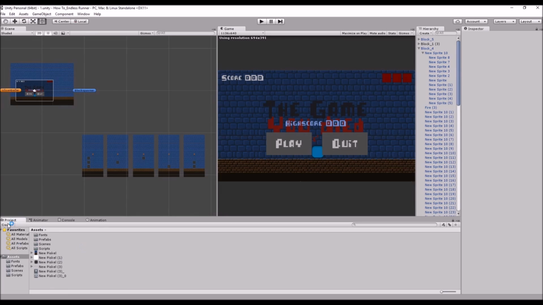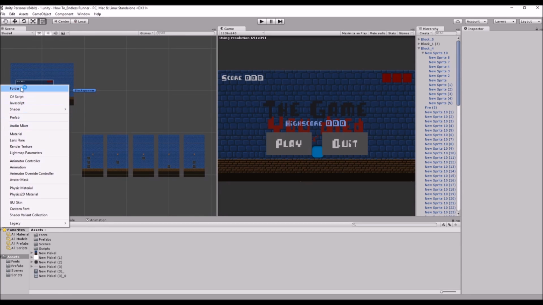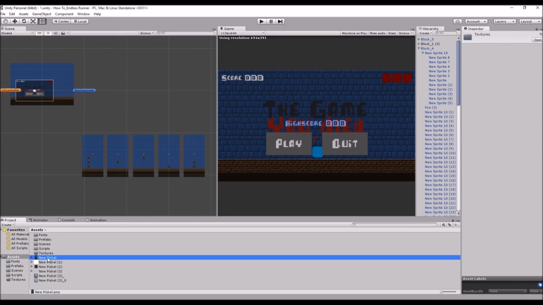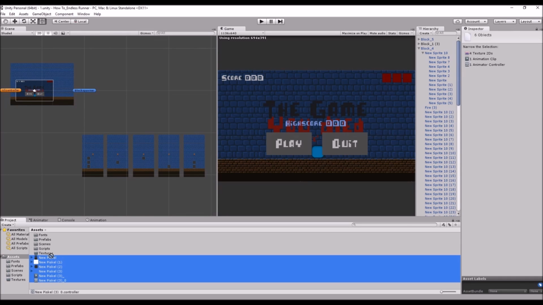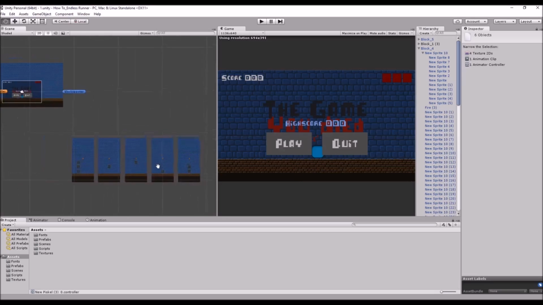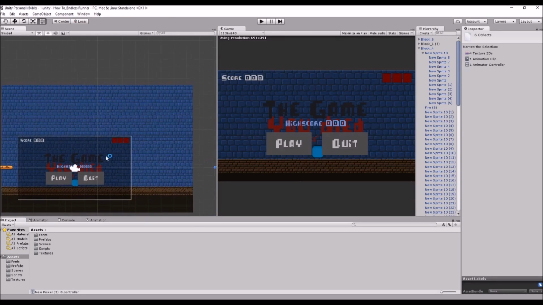We need to create a folder for our textures. And we'll also use this for our animations, and we'll just put all of that in there. I think that's all we really have to do before we get started, so we'll just get started with improving